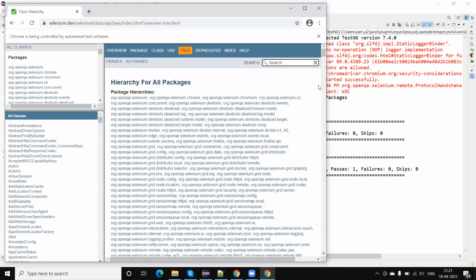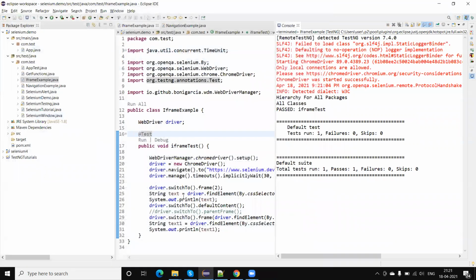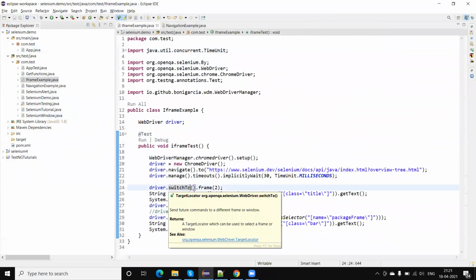Okay, so now let me recap the functions. First of all, what is an iframe? An iframe basically divides the application pages into different DOM structures. And if you want to get the locators, or perform any action or verification on particular iframe elements, then we need to switch into the frame. Then Selenium WebDriver can identify the locator. So how do we switch the frame?